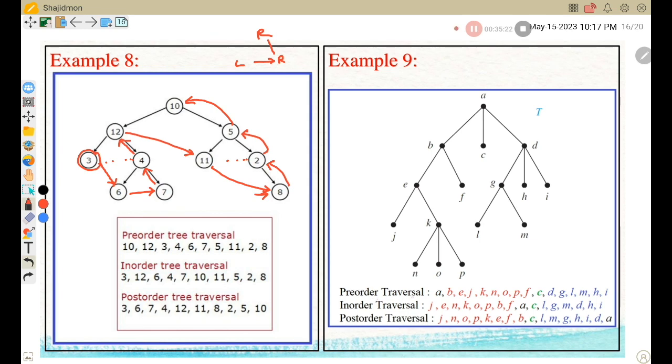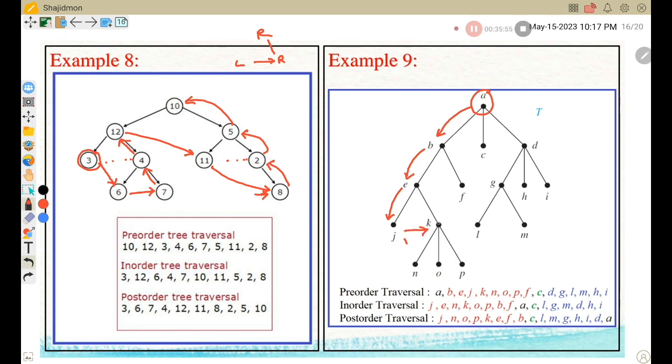So first start with the pre-order traversal. Start with the root vertex, that is A. After that A to B we will visit, left subtree we are visiting in pre-order. So B, then B to E we are visiting. Okay, E to J we are visiting pre-order. Now after J, where we need to go? Because in pre-order, which is the order? Root, left, right, correct? So after J we need to go to the root vertex, that is K here,